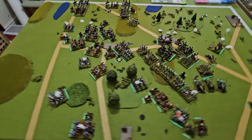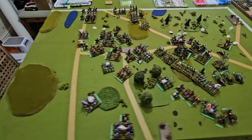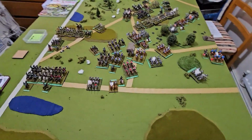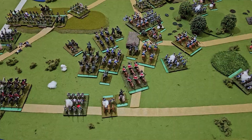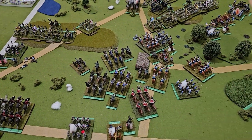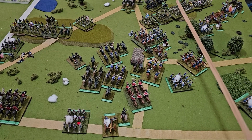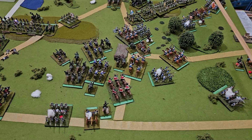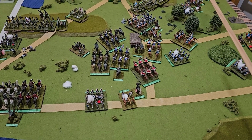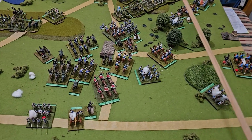Right. Now things are getting very interesting at this point, of course, because we can see down here. I was thinking of going into some detail at this point. Let's return to the normal zoom. There we go. We can see down here that we still have the big old hole, of course. So we've got French cavalry that can... All right, one little thing I cooked up. What was it I came up with? The idea was that